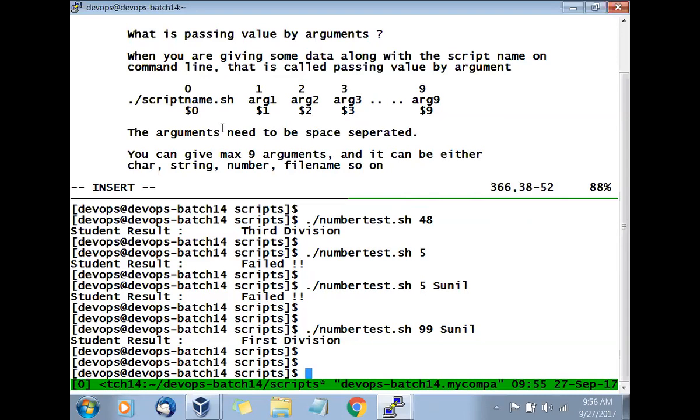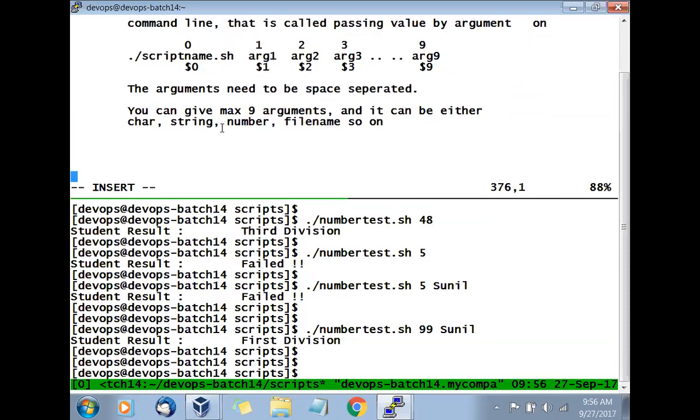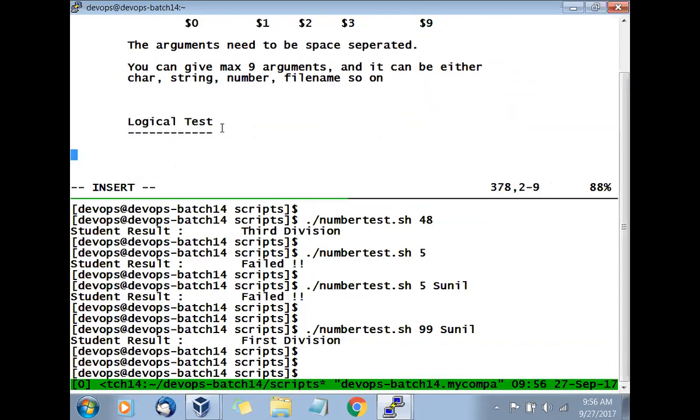Okay, so that is all about the number test. Is that clear? Good. Let's go further. Now, what is the test remaining? The logical test or logic test, we can say anything. Now, in shell, we have 3 logics.